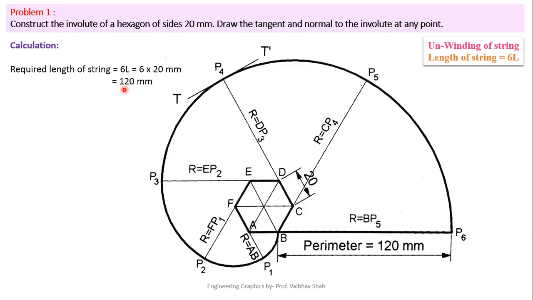So now let us draw one hexagon with 20 mm sides. So we have drawn one hexagon with 20 mm sides. After drawing the hexagon, you must specify the points A, B, C, D, E, F, G to denote the hexagon. Now, after that, you have to draw from any corner point one horizontal line exactly equal to the required length, or the perimeter of your hexagon, which is 120 mm. For that reason, we have drawn one horizontal line of 120 mm.